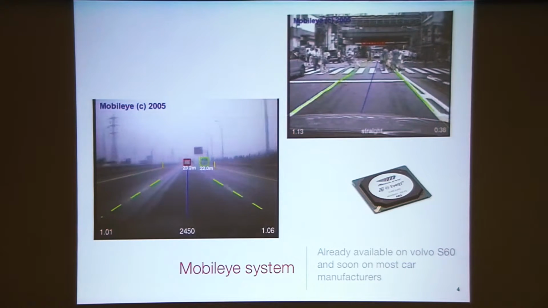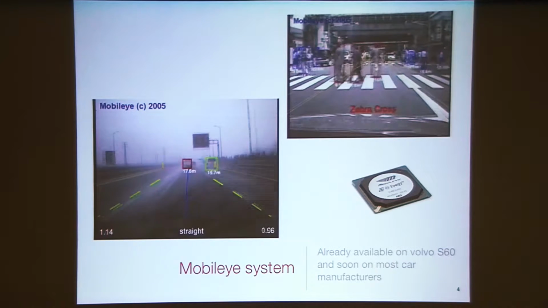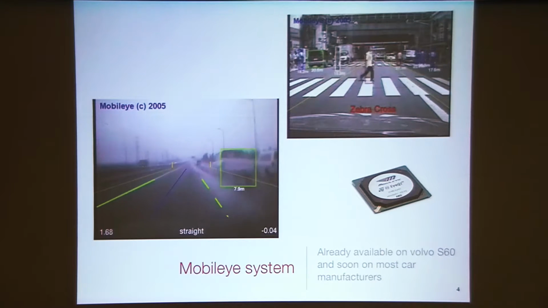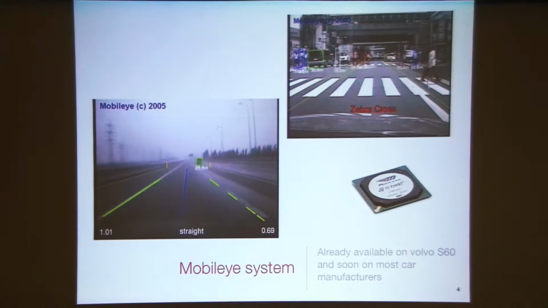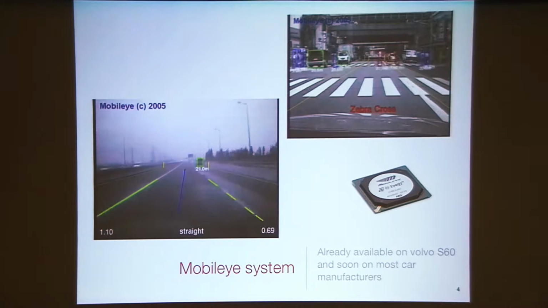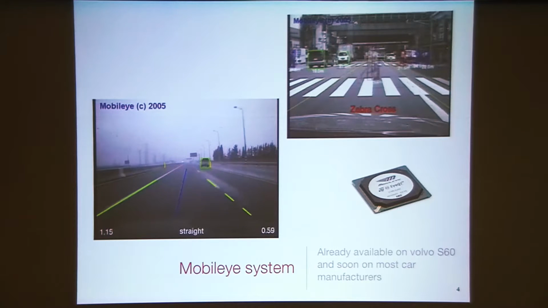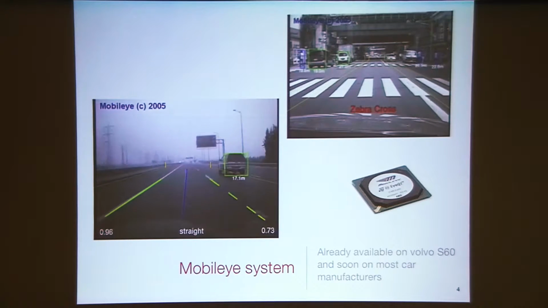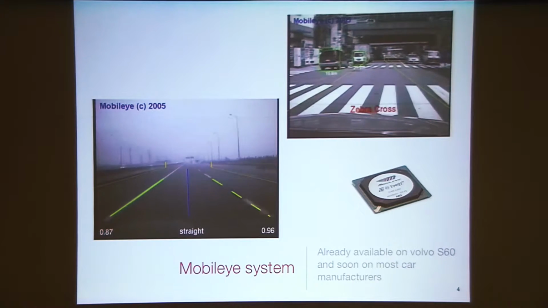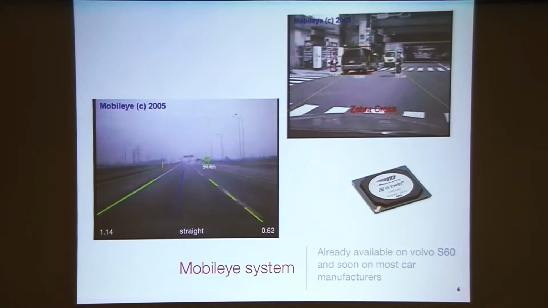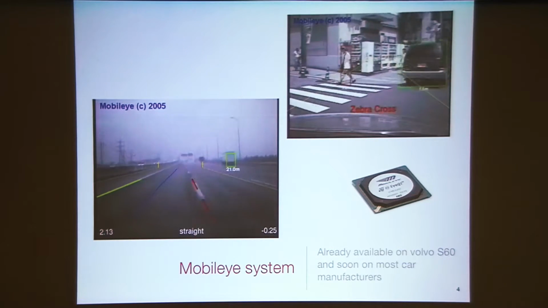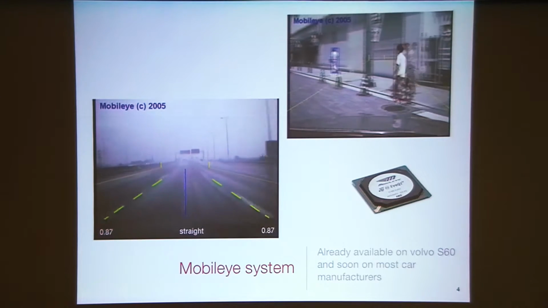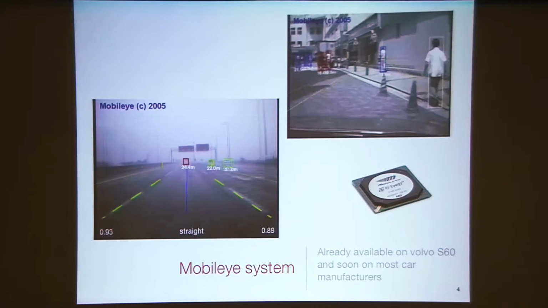Another problem for which we've made great progress is pedestrian detection. How many of you have heard about this Israeli company, Mobileye? A few of you? Okay. This is an Israeli company that was created by Amnon Shashua a couple of years ago. Amnon Shashua is also faculty at the Hebrew University. What the company has been doing is building a small chip, which is here, that can perform reliable lane detection and pedestrian recognition in complex visual scenes.